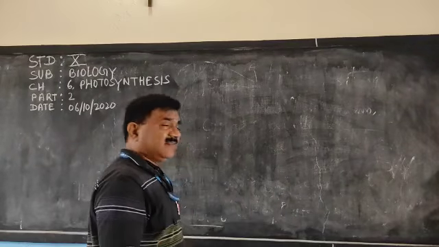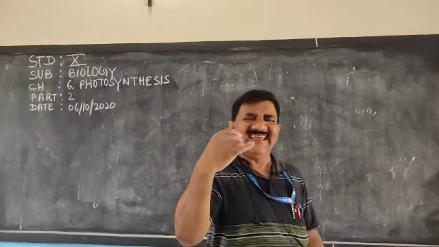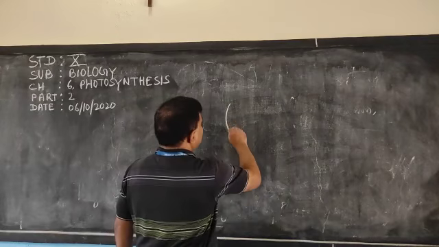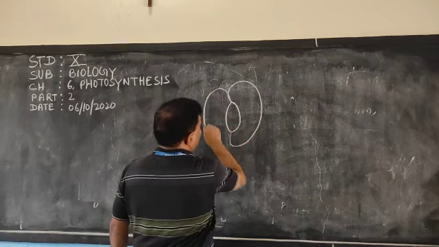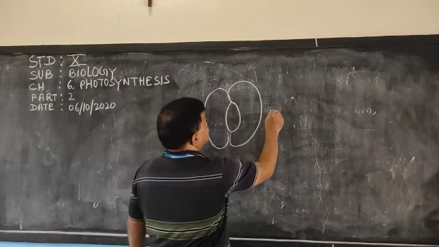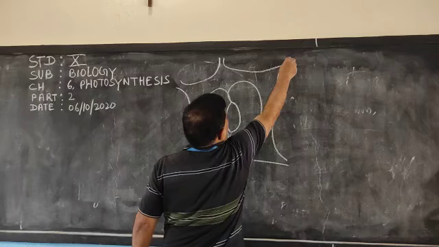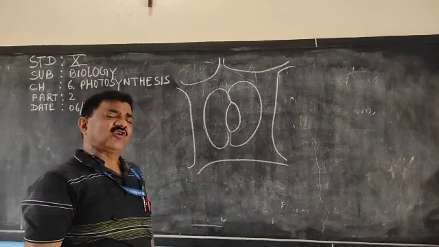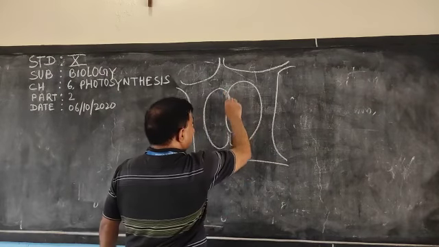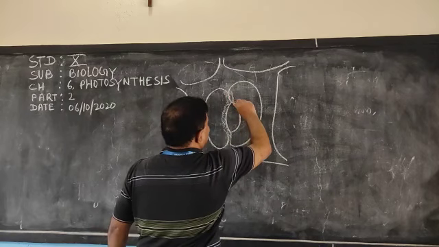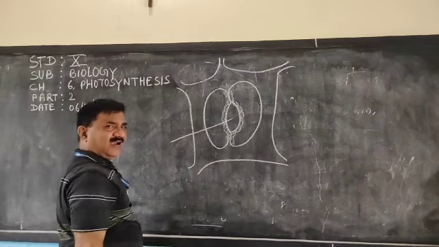So let us discuss the diagram of a stomata. See how easy to draw. Very easy to draw a stomata. See here. Is it an open stomata or a closed stomata? Yes, it is an open stomata. And these inner walls are thick. Keep in mind, these inner walls are thick, and this opening is called